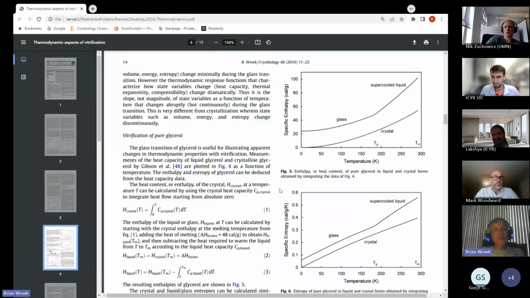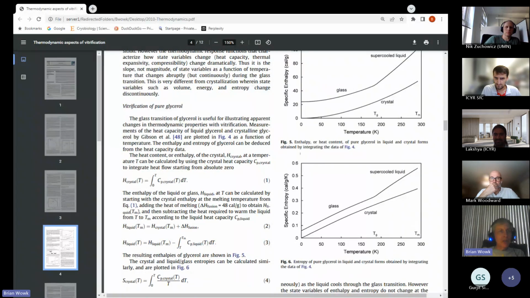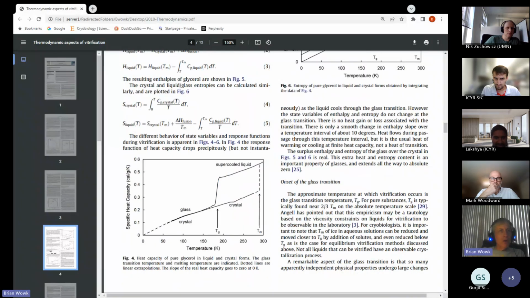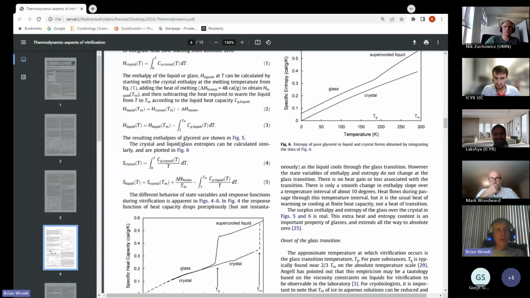So let's say we take a piece of crystalline glycerol and we have it down at absolute zero. And then we start adding heat to it. And we carefully measure the amount of heat we're adding to it and the amount that the temperature rises as we add heat. And we get this curve here on the bottom of figure 5, which reminds me, how are we at figure 5? Did I miss figure 4? Oh, figure 4 comes later anyway. Okay, so